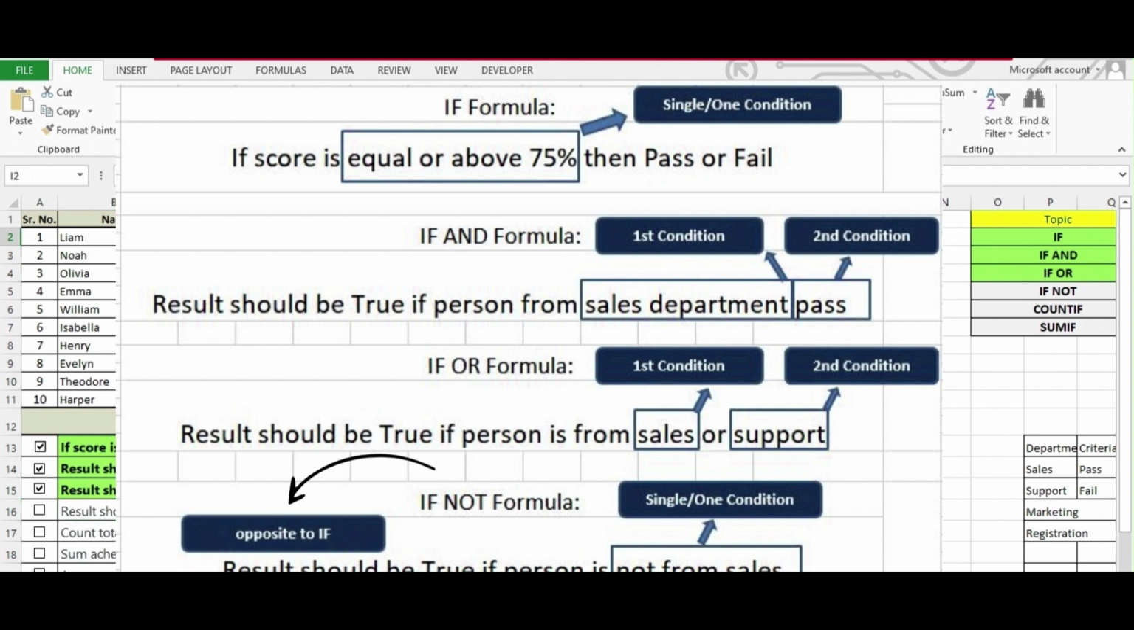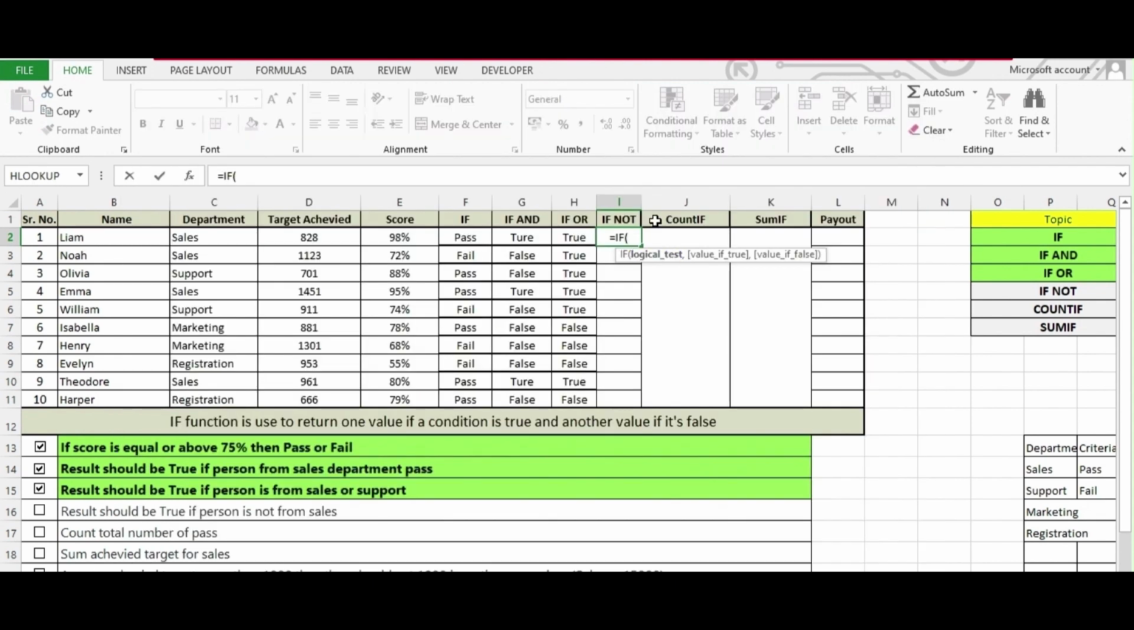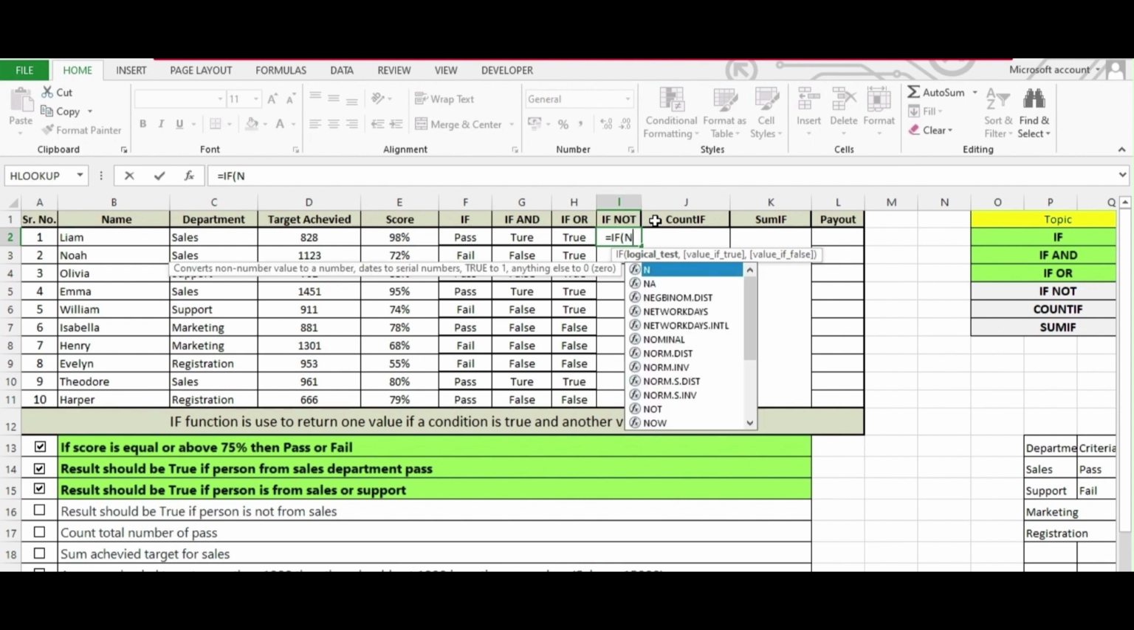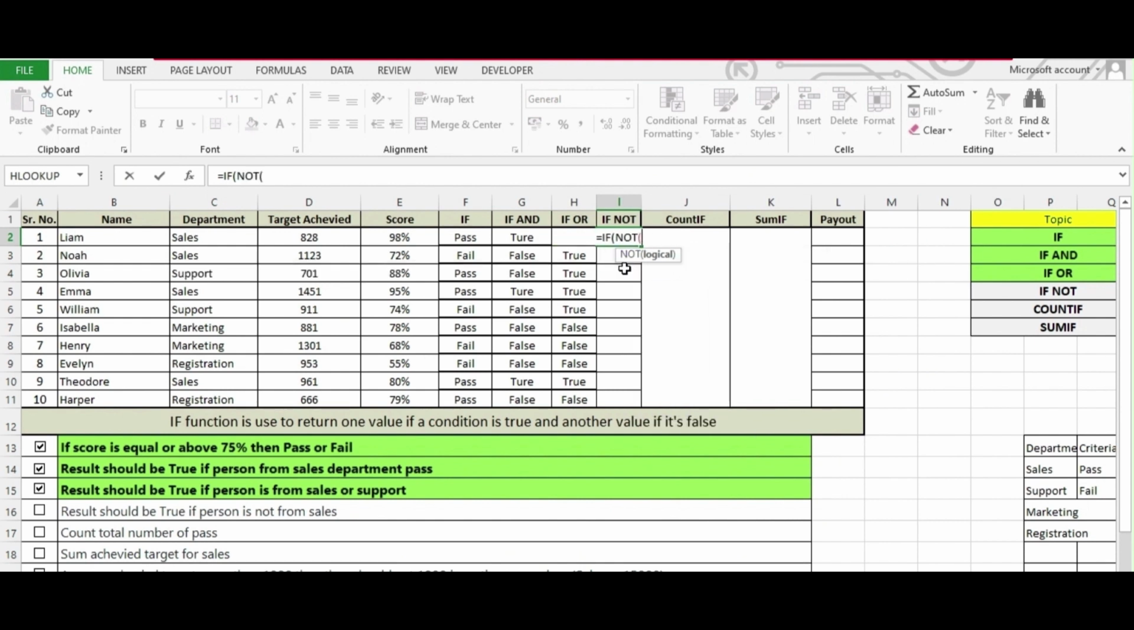If we set the value as equal to, here we are doing it the opposite way. That is, not equal to. So let's write the formula as equal to IF, bracket open, type NOT, bracket open, then we'll select our cell, that is C2 equal to Sales. We have added the equal sign because we already wrote NOT before it, so it will read as not equal to Sales. Now close the bracket and add a comma, then type TRUE for condition met,